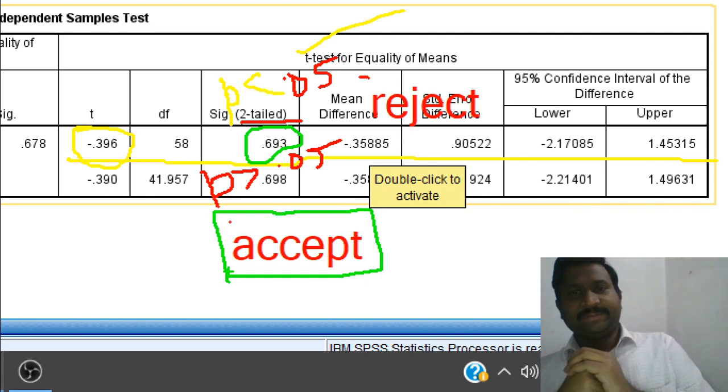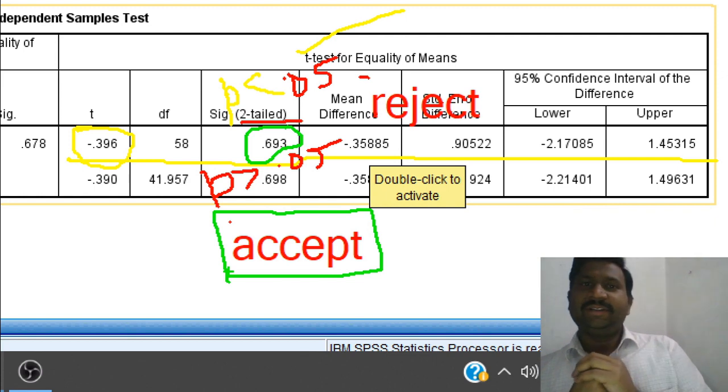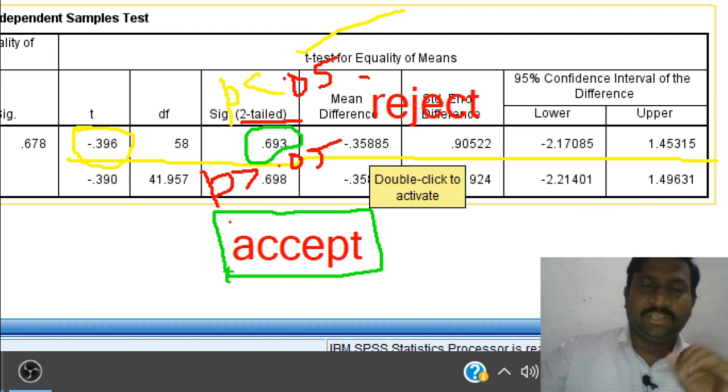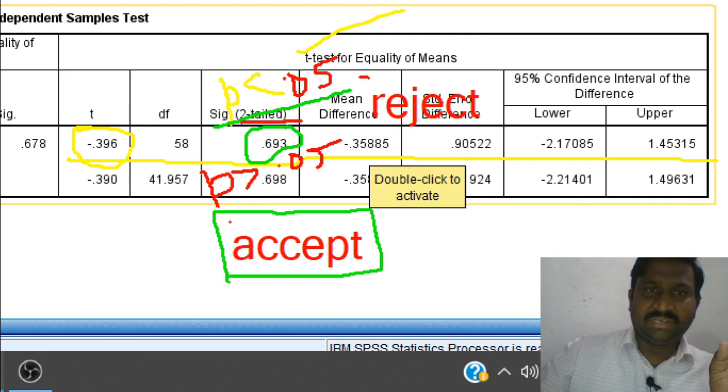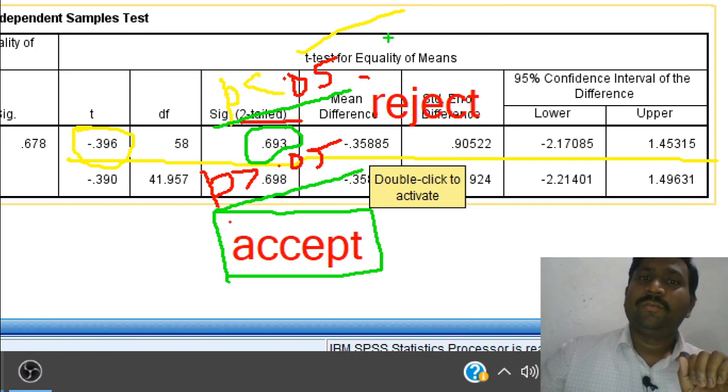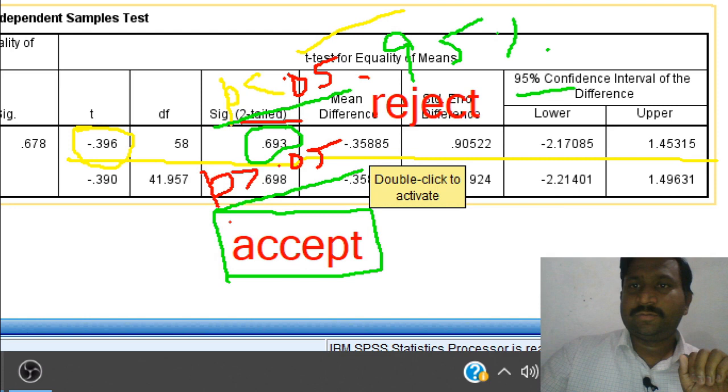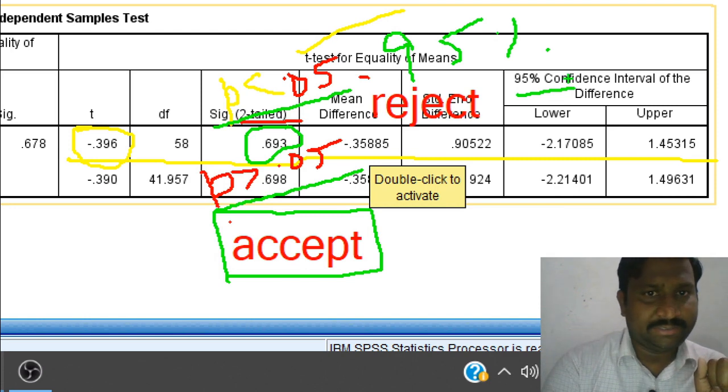So in this way we can explain our independent sample t-test. You need to remember these two conditions, p greater than 0.05 or p less than 0.05, for 95% of cases. This is the 95% confidence limit.